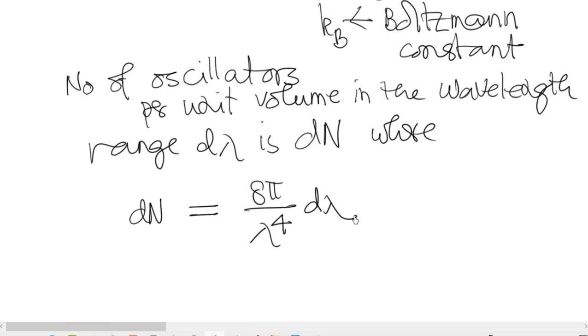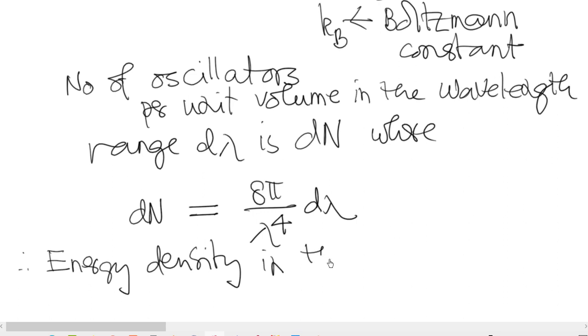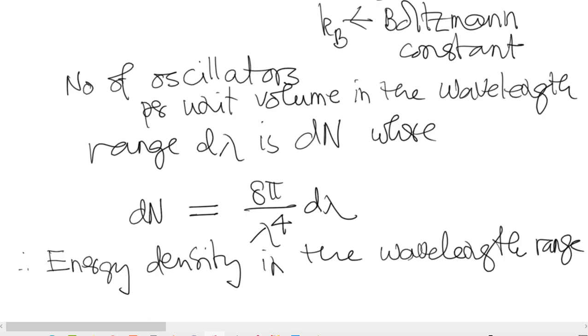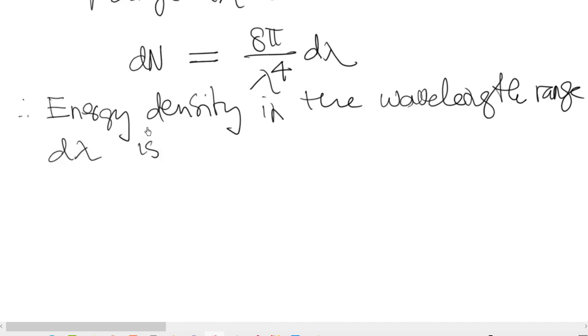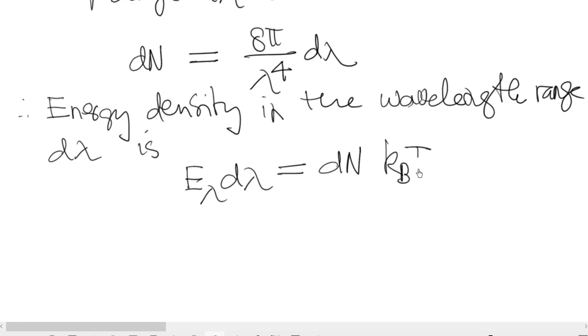Therefore the energy density in the wavelength range d lambda, E lambda d lambda, is simply the product of the number of oscillators per unit volume, which is dn, and the average energy of an oscillator, which is kBT. And if you substitute dn from this,